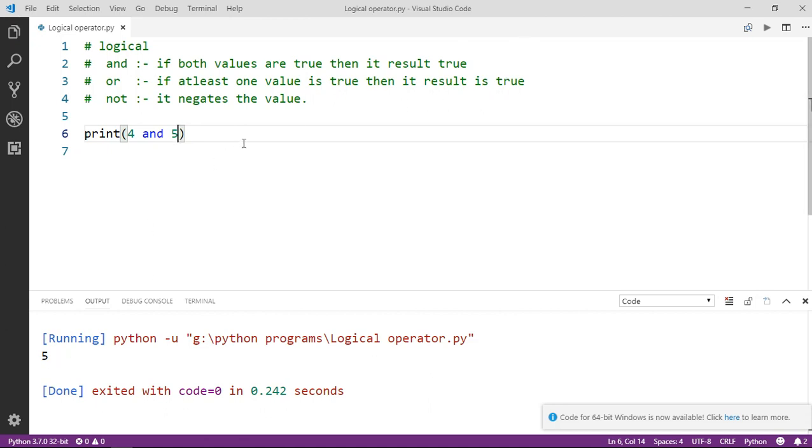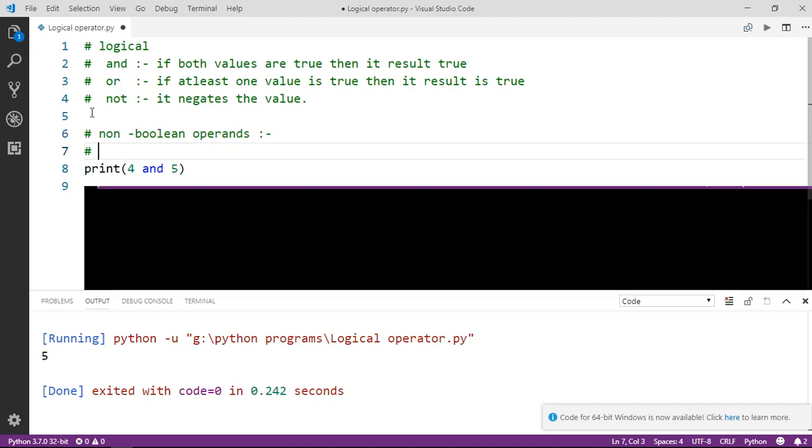So here actually the rule is different. For non-boolean operands, the rule for logical operators is different. Let me tell you the rule for non-boolean operands. Okay, friend, in this case, if we have non-boolean operands and we are using and,